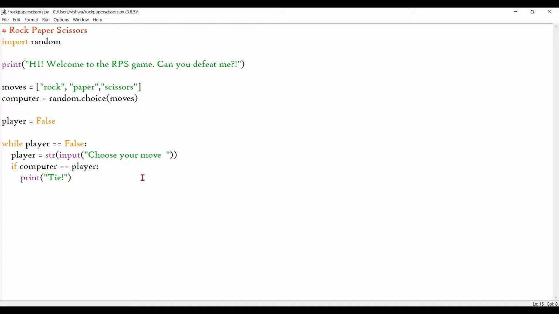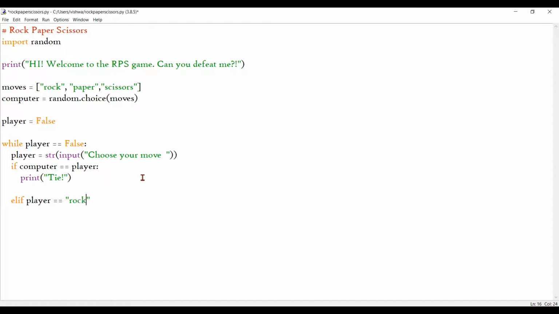And under the elif statement, the player is the main variable here because the player is the main player. So elif player equals